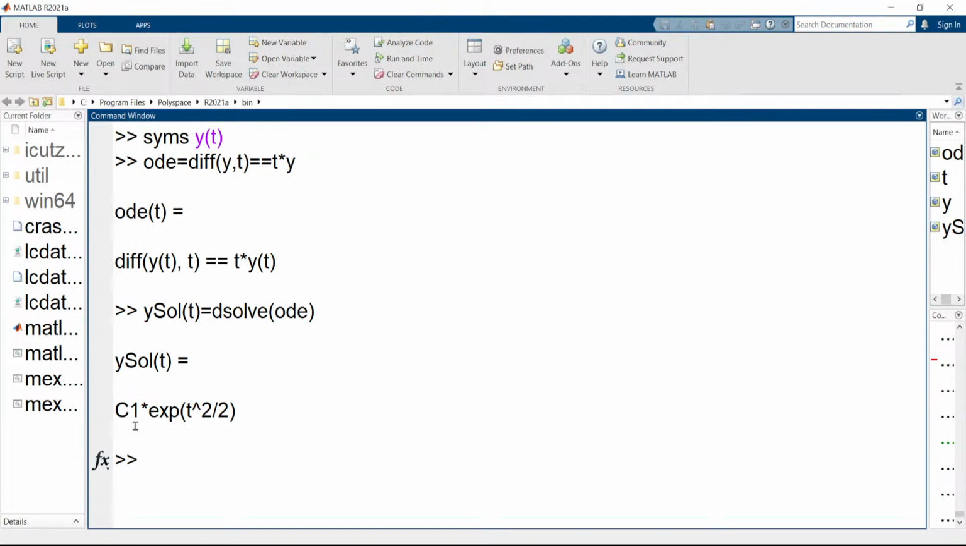y solution t is equal to C1 and product exponential t raised to power 2 upon 2. So in this way we can easily solve the differential equation, and also if it is required we can write the script file because many different types of operations are required to find the solutions, and their graphical interpretation